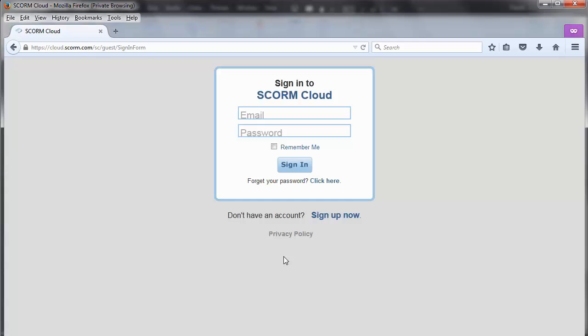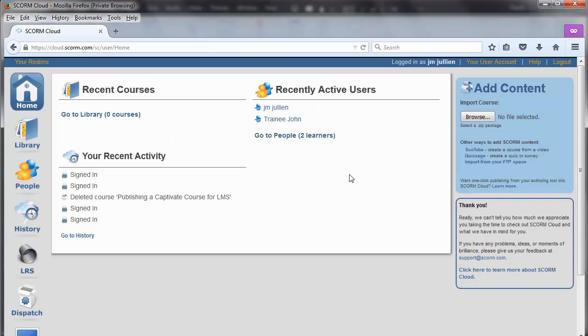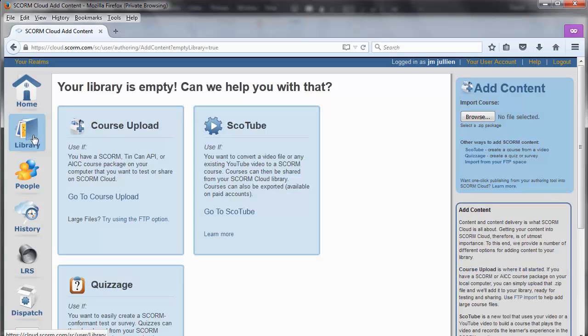Let's begin. I enter my login and password. And once entered, I'm going to import the Captivate course created. To do so, I select the Library button. In the Course Upload template, select Go to Course Upload.